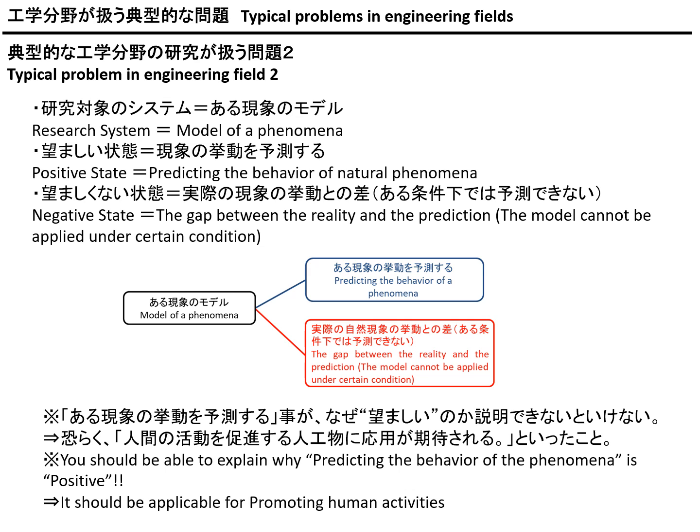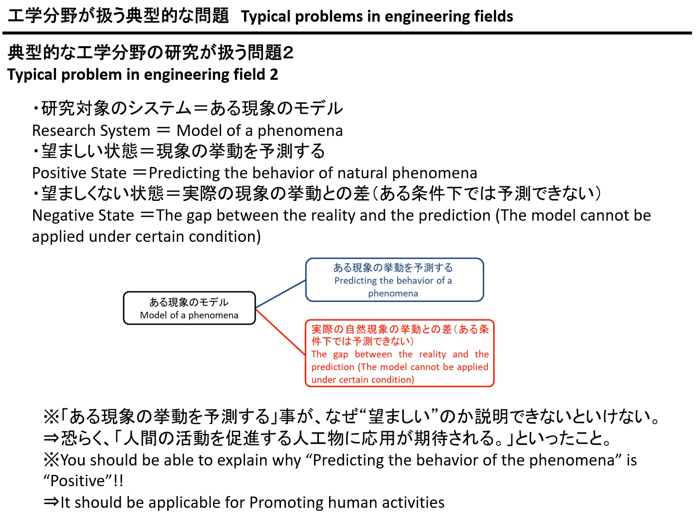And model of phenomena also has a positive state. The positive state of model of phenomena must be predicting the behavior of natural phenomena accurately. What a human being wants to do is we perfectly want to predict what's going to happen in the world, but we cannot. That's the reason why there are many researchers, especially in the field of science, working on such kind of research activity.